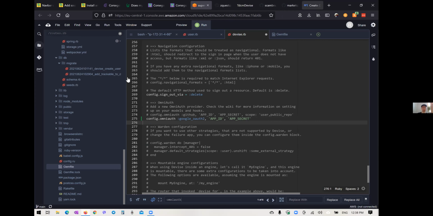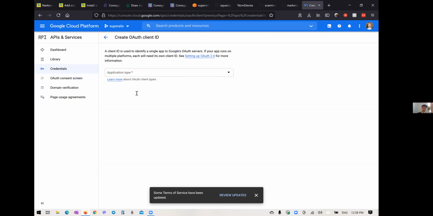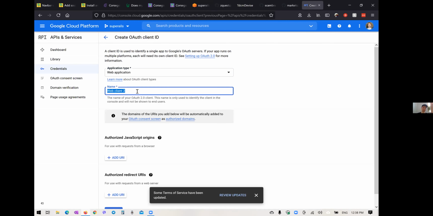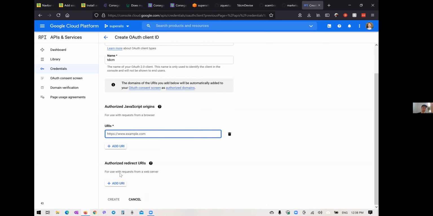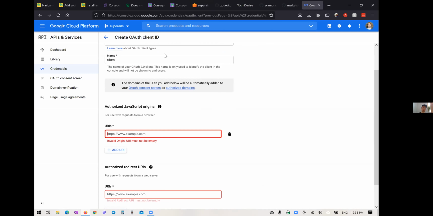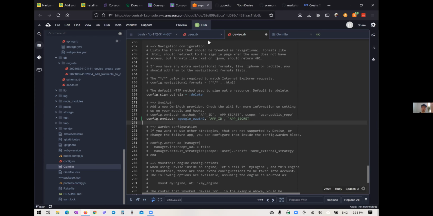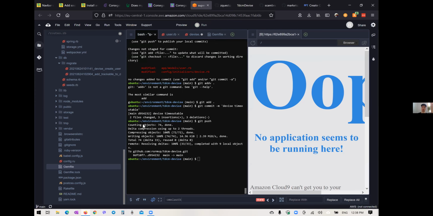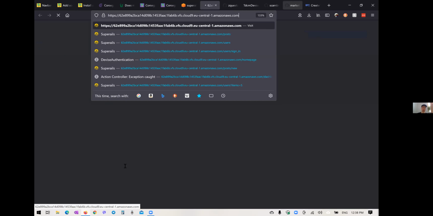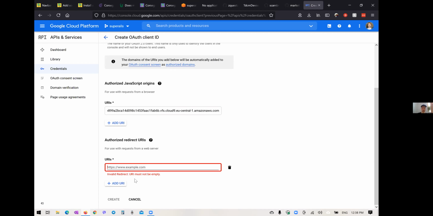Now let's go here. The application type is web application. In Ruby on Rails, we are building web applications. So authorized JavaScript origins and authorized redirect URIs. Here we're going to have the URL of your application. What is the URL of the application? Let's see. So here I will have this URL. You will have localhost or the production URL. And here they're going to have the same